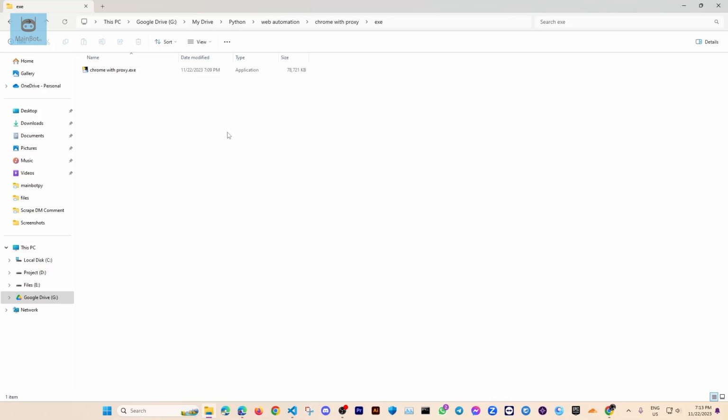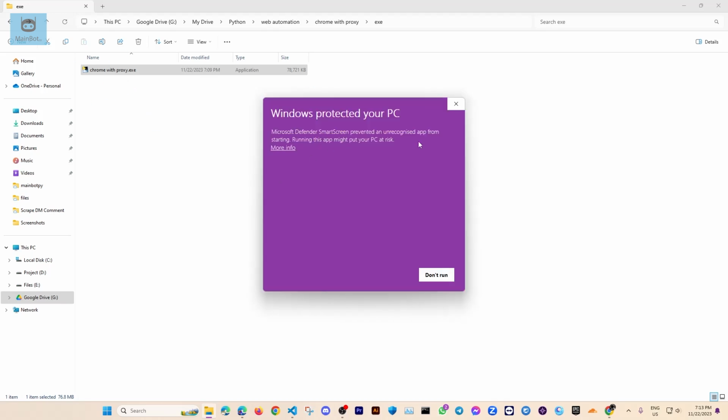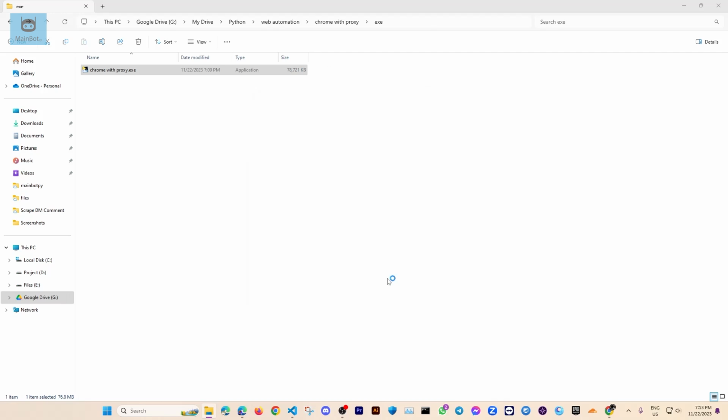Hi, today I will show you a program, and with the help of this program you can use your Chrome browser and you can also use your proxy with this. So if you just open the file and when you run this for the first time, this type of menu may show up. So you just need to click on more info and then run anyway,